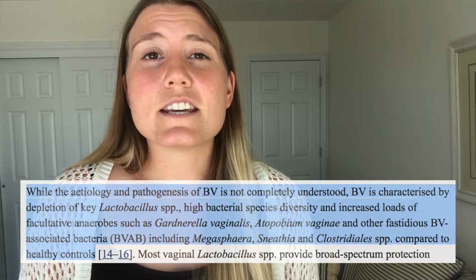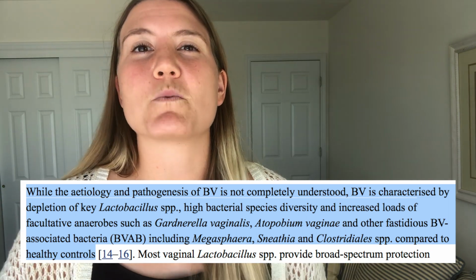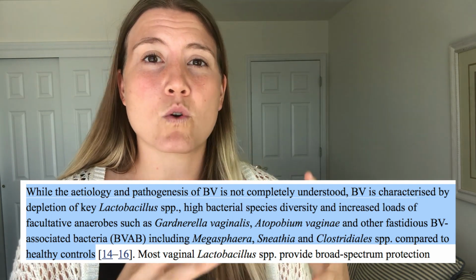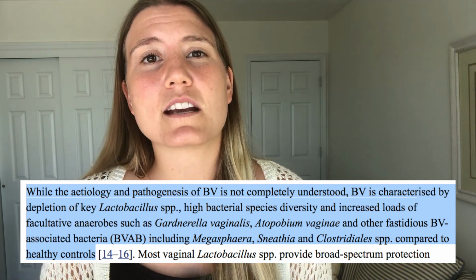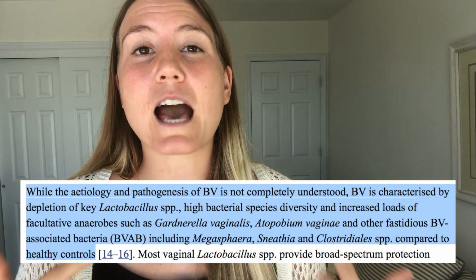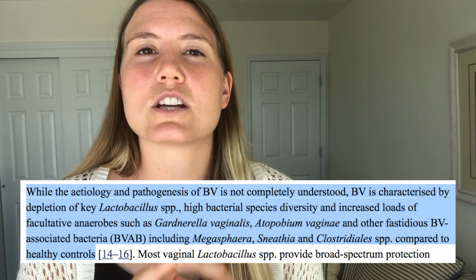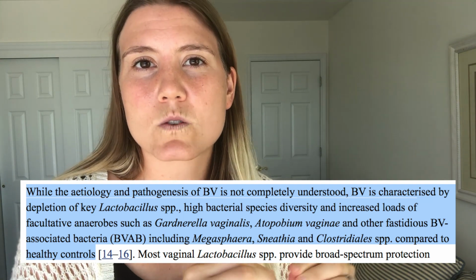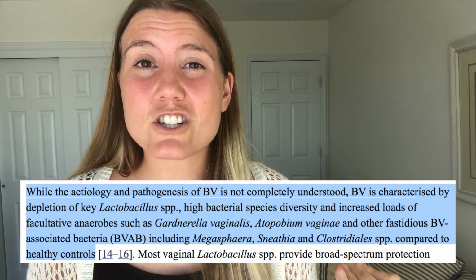The same is true of bacterial vaginosis, or BV. BV is caused by bacteria. And while we aren't entirely sure of its pathology, we know that BV is associated with a more basic vaginal environment, which means higher on that pH scale, and it tends to be associated with a decrease in lactobacilli, that really helpful type of bacteria that we were talking about earlier. We think that these two things in combination allow small, otherwise harmless groups of bacteria to become opportunistic and grow into bigger, symptomatic infections. We also know that symptoms of these infections can include foul odor, itching, and irritation,